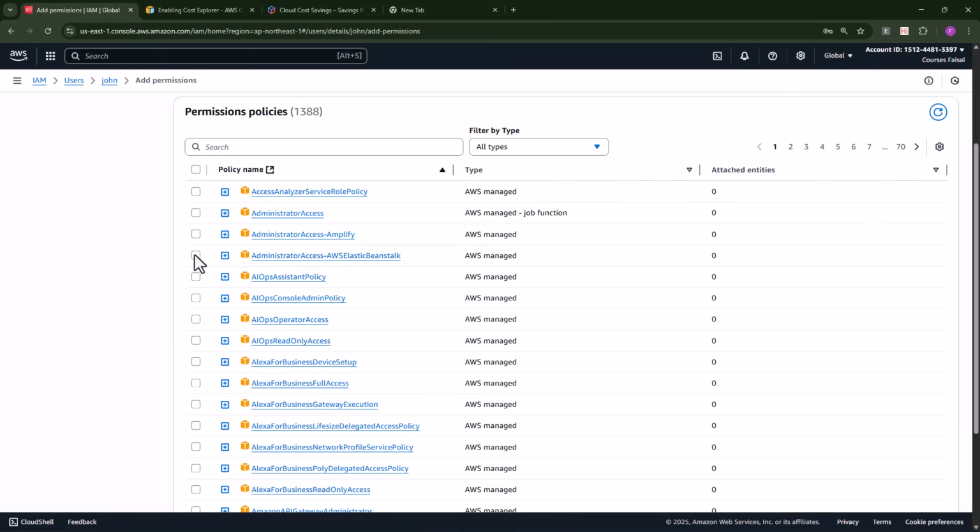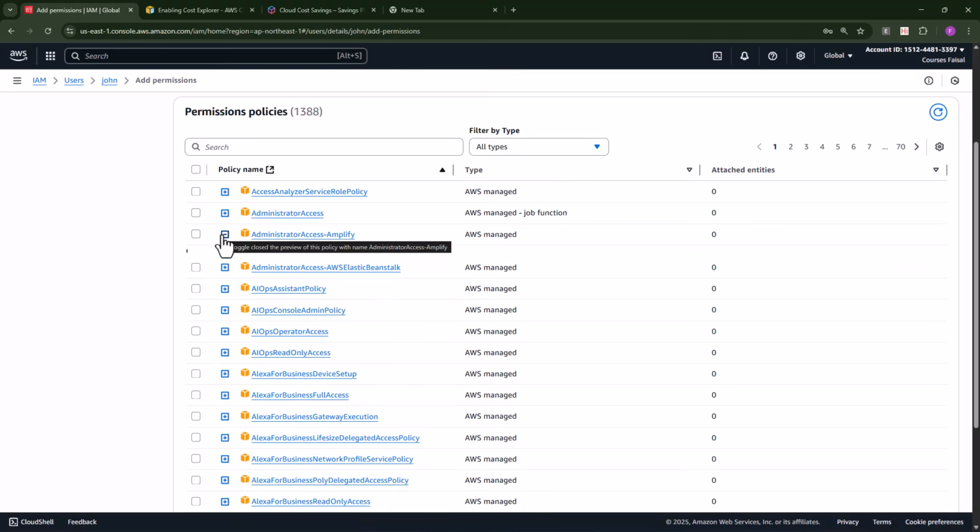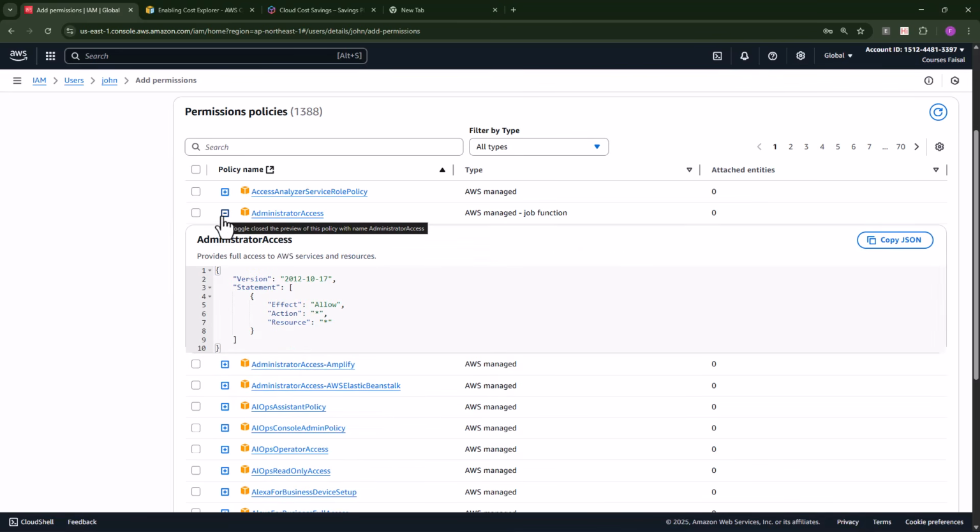So what I will do is expand this. If you expand this, you are going to see this JSON over here, and this JSON defines this policy. Administrator access. If you want to create an admin user, this policy will provide full access to AWS services and resources. You can see the version is this. Within statement, effect is allow, action is star, and